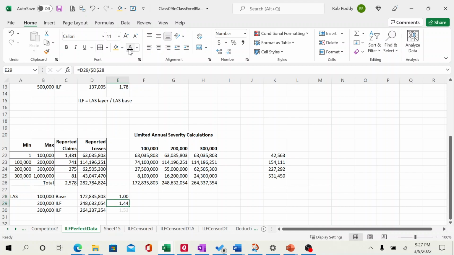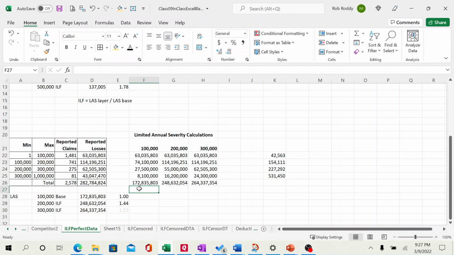Your 1 is your base. So 200,000 is essentially your LAS for the layer divided by the LAS for the base, and then your LAS for the $300,000 layer is 264 million divided by